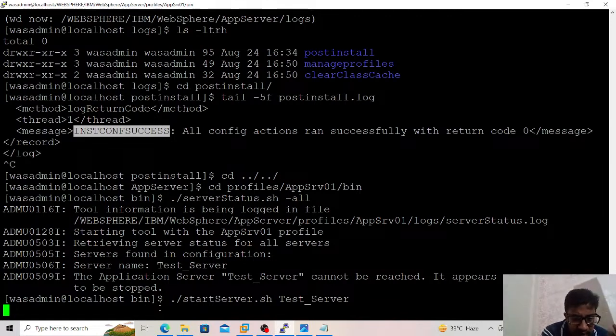Every application server has its own console. Every DMGR and application server has its own console. Before federation, after federation, we have to merge the two consoles. It makes it a single console. I am stopping my firewall. After that,